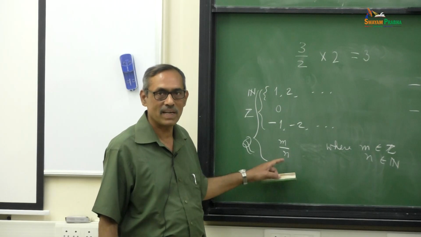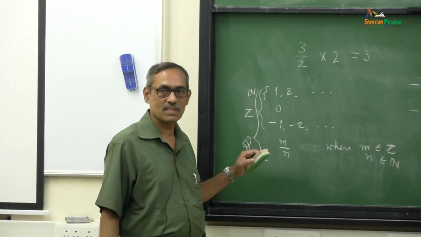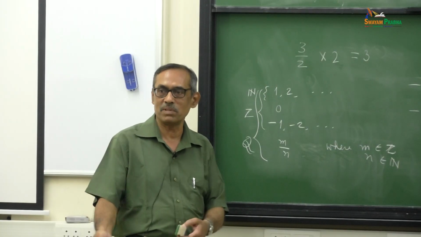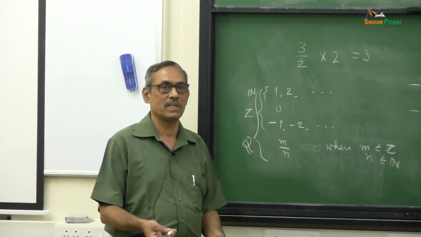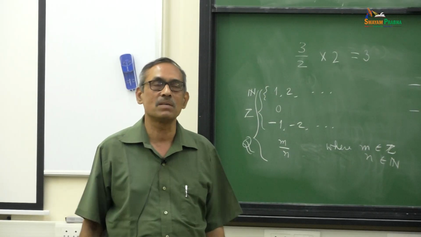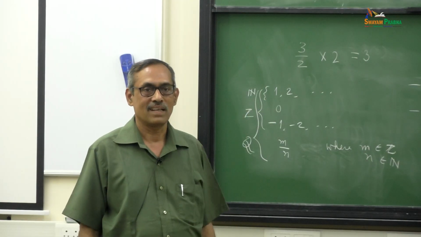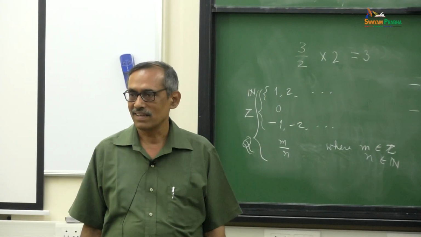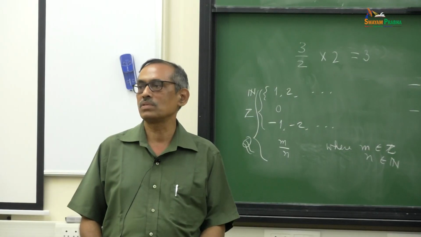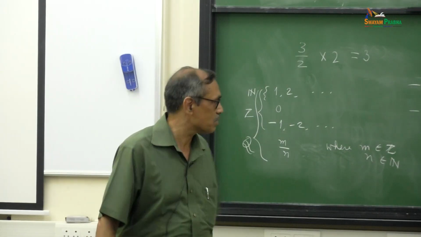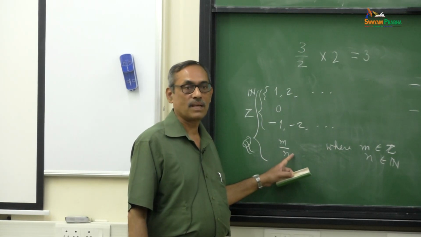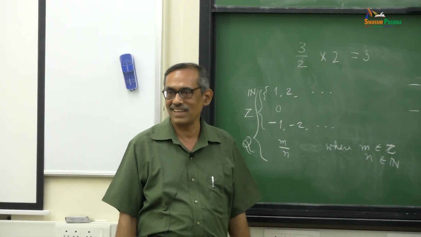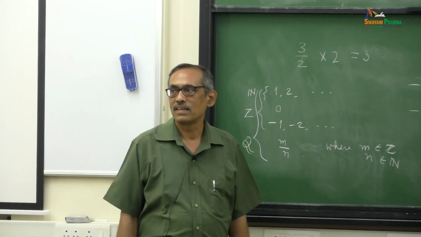What does it mean, taking these symbols? The symbol means how you work with it. That gives the meaning, right? If you say the word tiger, what is the meaning? You will show it looks like this. But in mathematics it is not just looking like. The meaning will come from how you work with it. So how do you work with these numbers? If you multiply m by n with n, you will get m. That is the way of working with that. So formally it is nicely defined